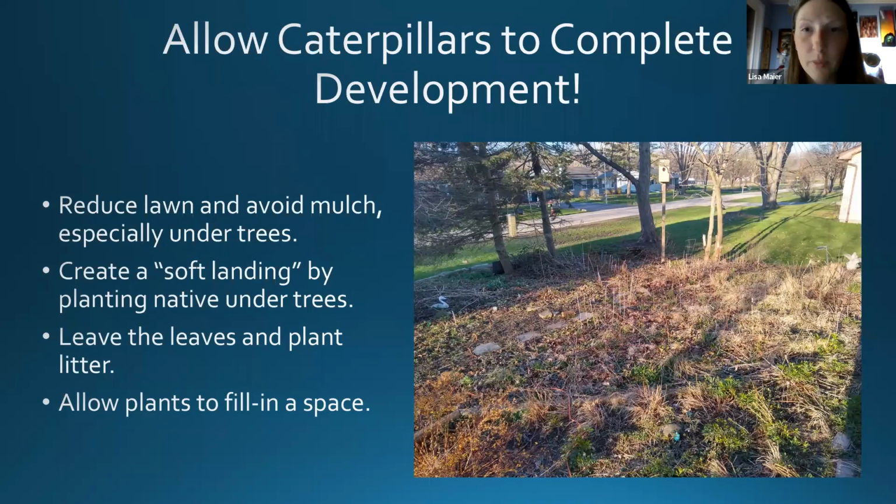So allow your caterpillars to complete development. I think this is something that even if we do come in and say, I'm going to plant an oak. Here we go, I planted an oak in front of my house, but now I let the lawn grow right up to the base of the tree, or I put 3 feet of mulch around the tree, or some wood mulch, I should say. We're kind of creating a death trap for these caterpillars, because part of their development is, the